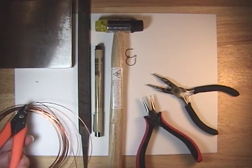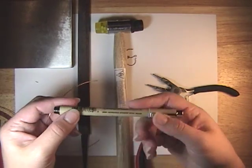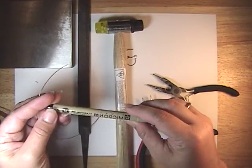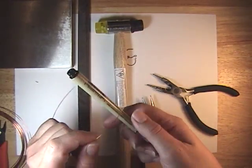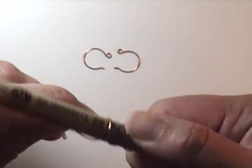that we'll be able to easily wrap around a round object. Anything about 10 millimeters works well. I use this Micron pen. I have a bunch of them, so it makes it really easy. And you just start coiling the wire